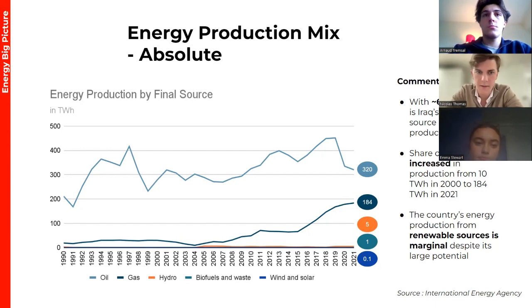However, for gas, we see a different kind of development over the last around 20 years. So since 2004, there has been a large increase of gas production in the country with around 19% annually. This could be partly caused by the regime fall of Saddam Hussein in 2003 and new elections in 2005, so the Iraqi general election, January 2005. So quite an important